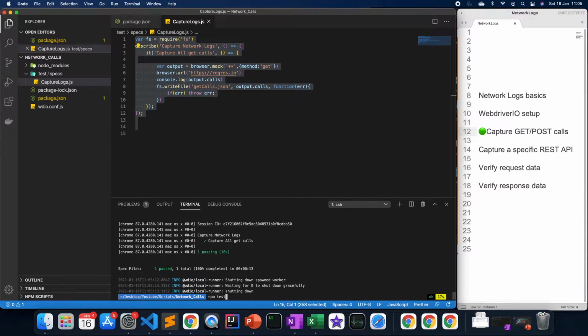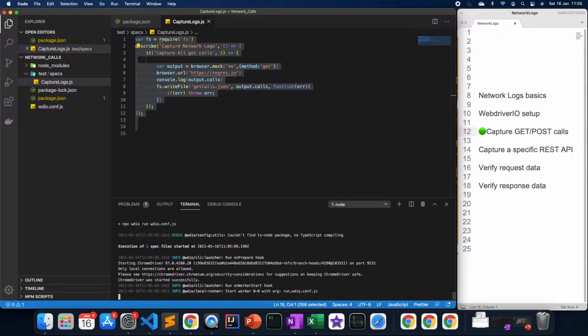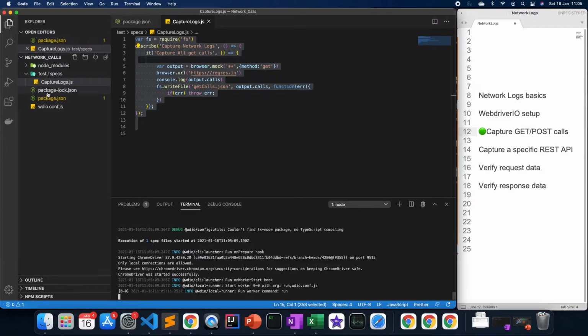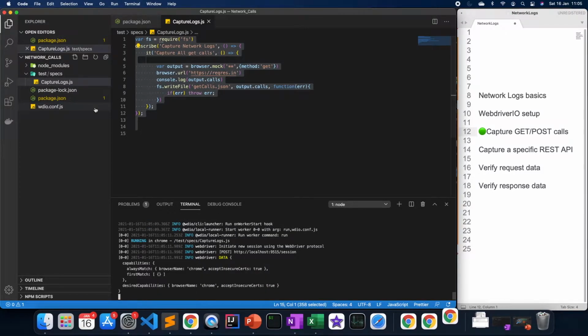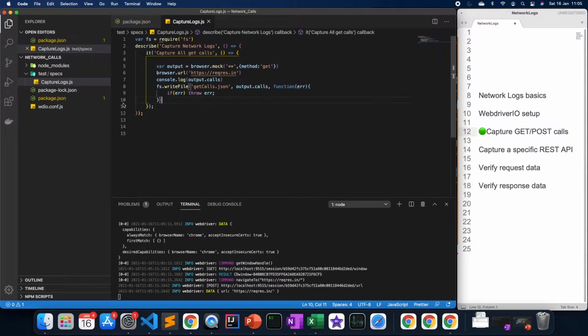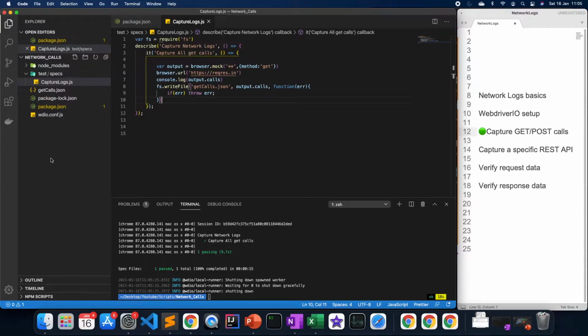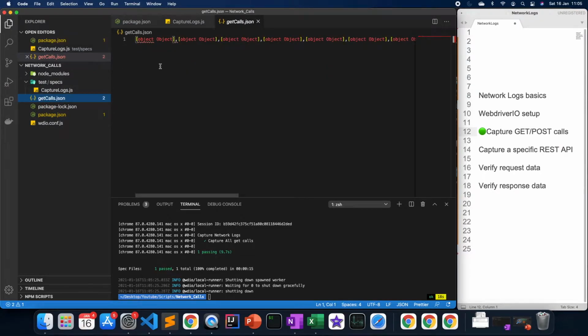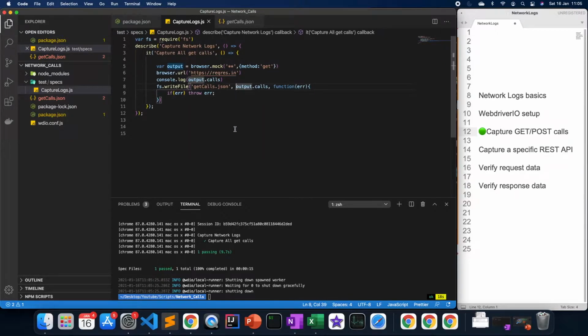So once we have created this, what we expect is to see a JSON file being created there. Okay, let's wait for the JSON file to be created. Once the JSON file is created, then we'll be able to see how it is. Yeah, you see the JSON file. Oh, everything is coming up as an object. So that we can fix by doing